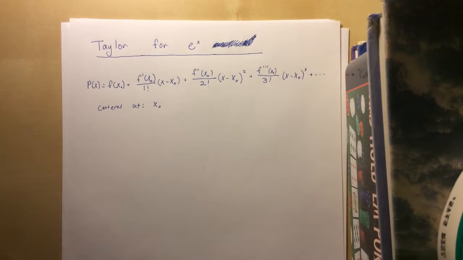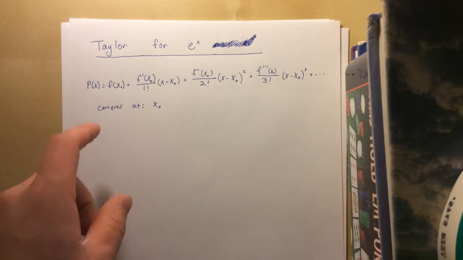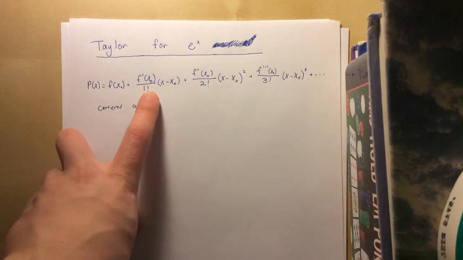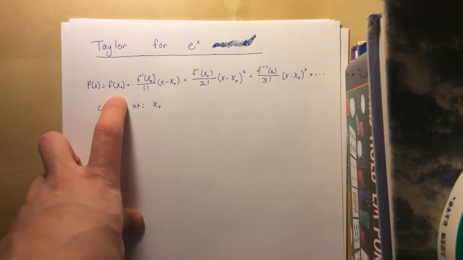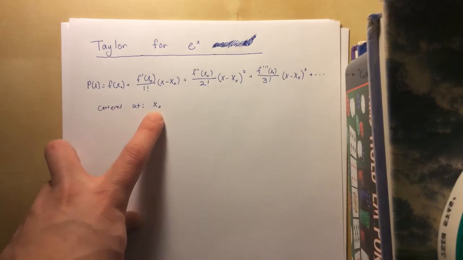Now let's practice writing out a Taylor polynomial. So we're going to take the Taylor of e to the x, and let's just remind ourselves, here's the equation of a Taylor polynomial, and it's just the value of the function at x naught, which is where we're centering it at,